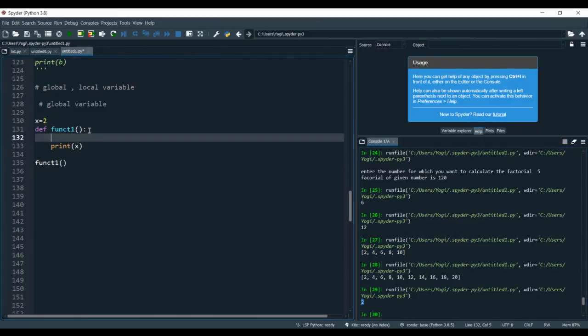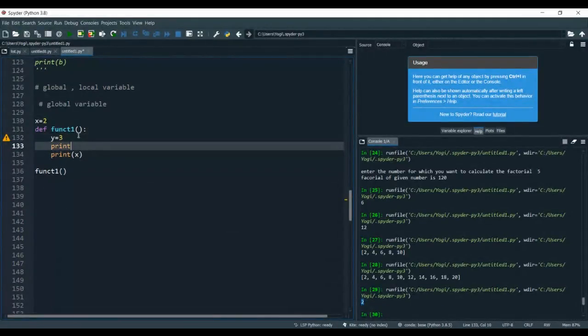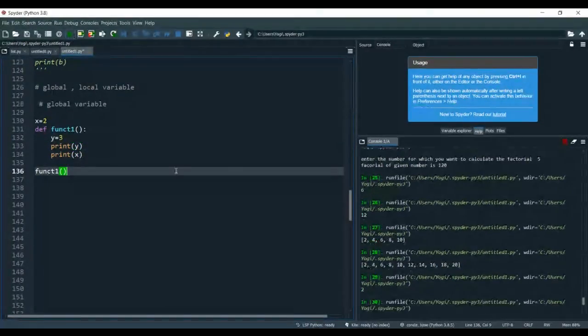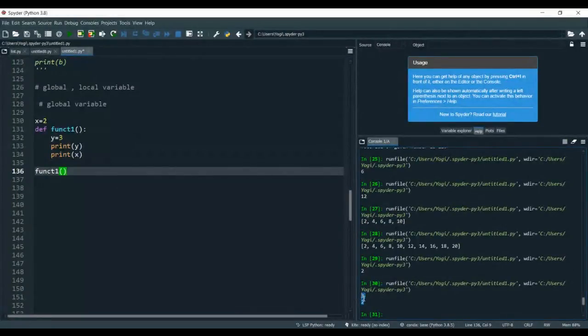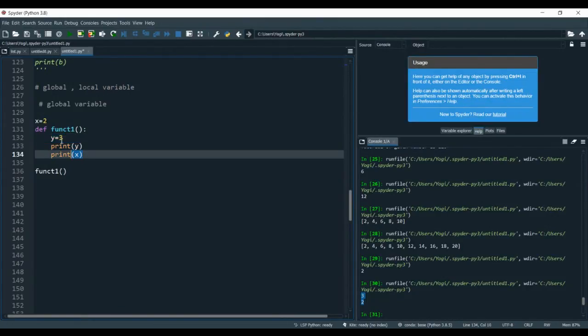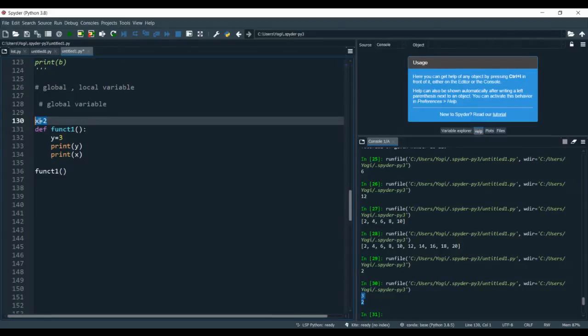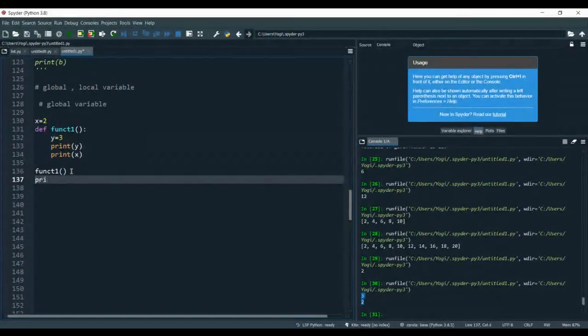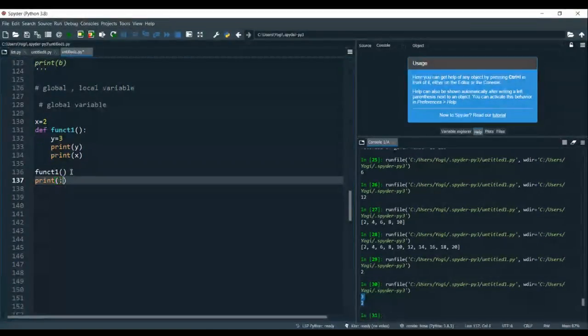But if I have taken y is equal to 3 here, and I am printing the value of y, I'll get the values of both 3 and 2, because I am accessing the value of y inside the function only and the value of x inside the function. So x is already globally defined, so I can access it inside the function. And let me make it like this.